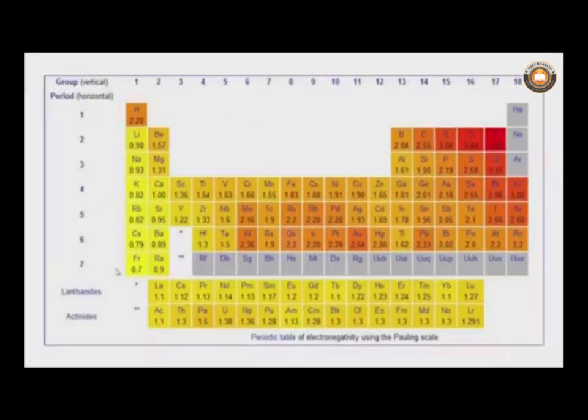So, if we just think about this particular thing, the periodic table, if we see in terms of the electronegativity values in Pauling scale, we find that in the case of this periodic table, we have the cesium, which is classified as a typical electropositive element. So, this sodium, potassium, rubidium and cesium. So, cesium will have a corresponding value of 0.79. So, in the periodic table, the least